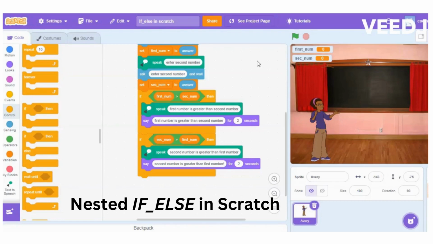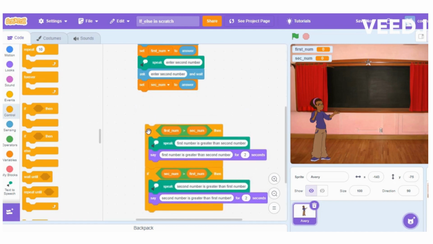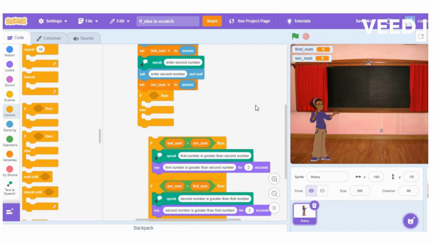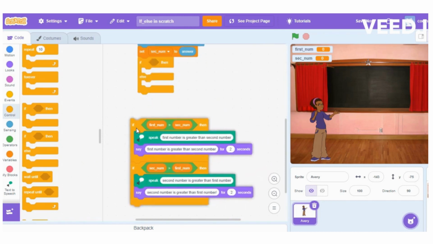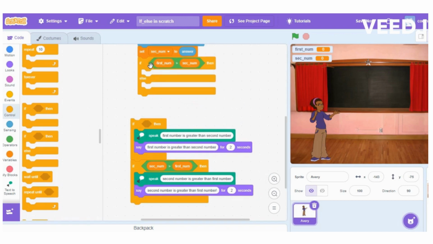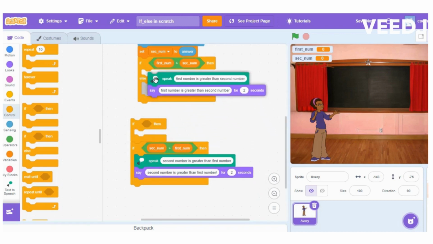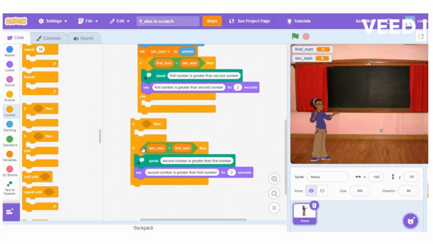Hello kids. So today we are going to see one more example of the if-else block from the control category in Scratch. Previously we have seen the if block. In that we compared two numbers to see which one is greater. If you want to see that video, I'm attaching the link in the i button of this video. So this is the same example